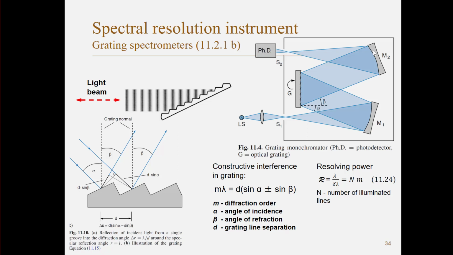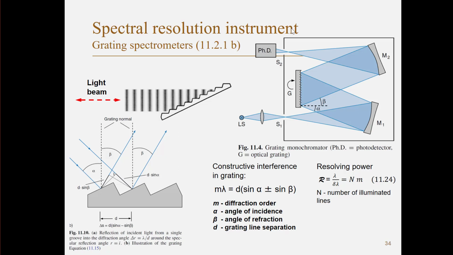So we image the infinite onto a slit over here, and in this case it's a slit because it's a monochromator, so this will select a single wavelength. But if we instead put a detector here, a spatial detector over in this position, different colors will come out in different directions, and that means that if we have a spatial detector here, we can detect which color is